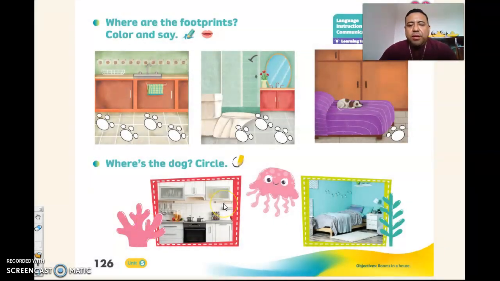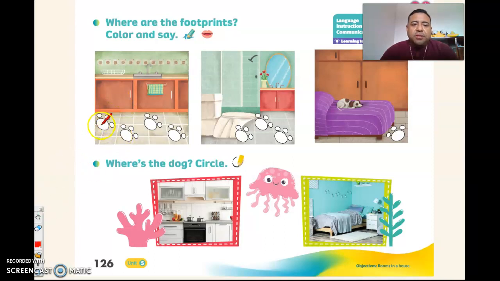126, and we did the following activity. Where are the footprints? Parts of the house, las partes de la casa. We need to color the footprints and say what part of the house they are at. Now, the first ones,